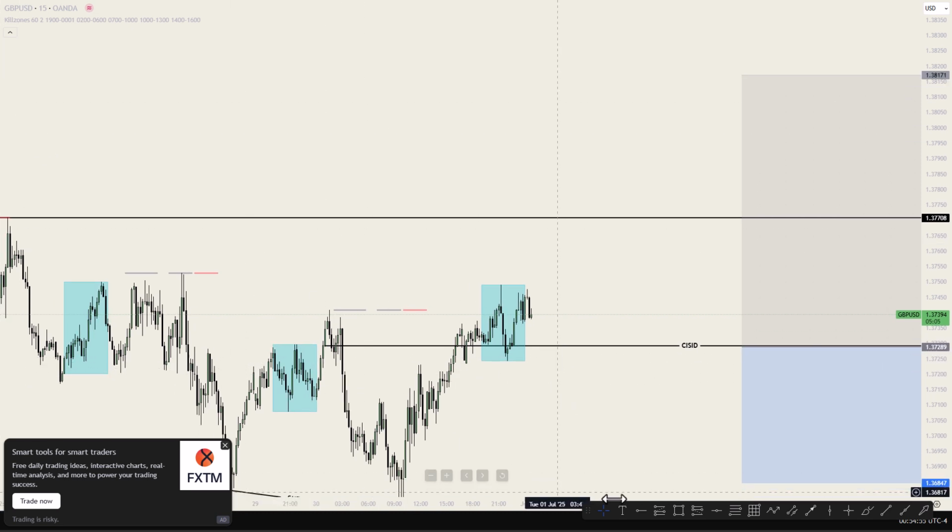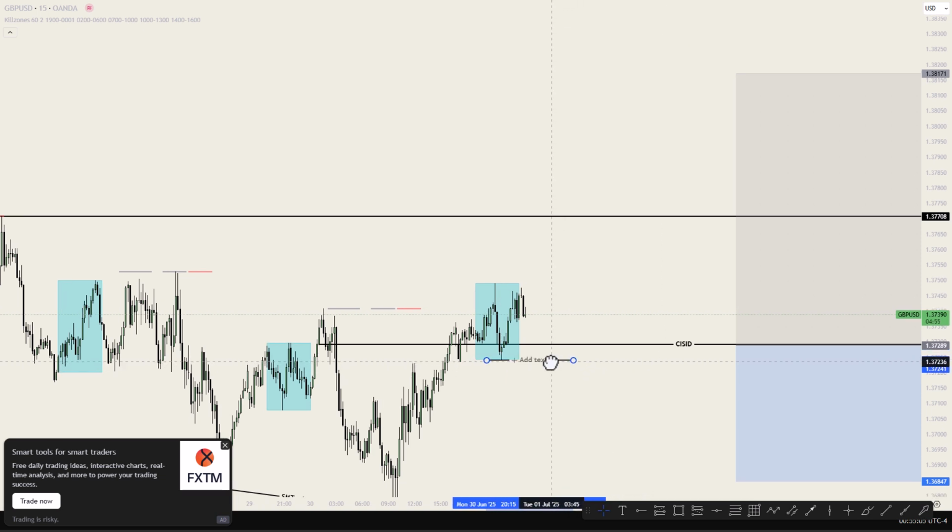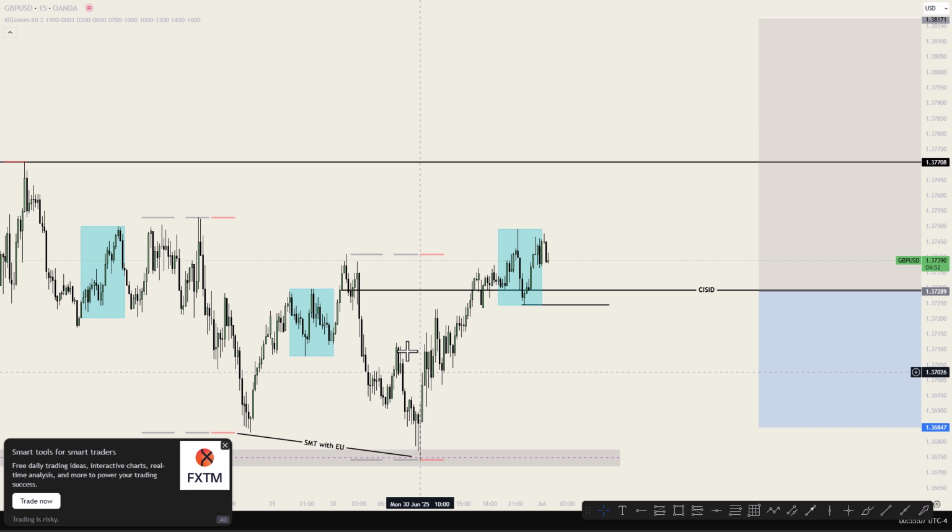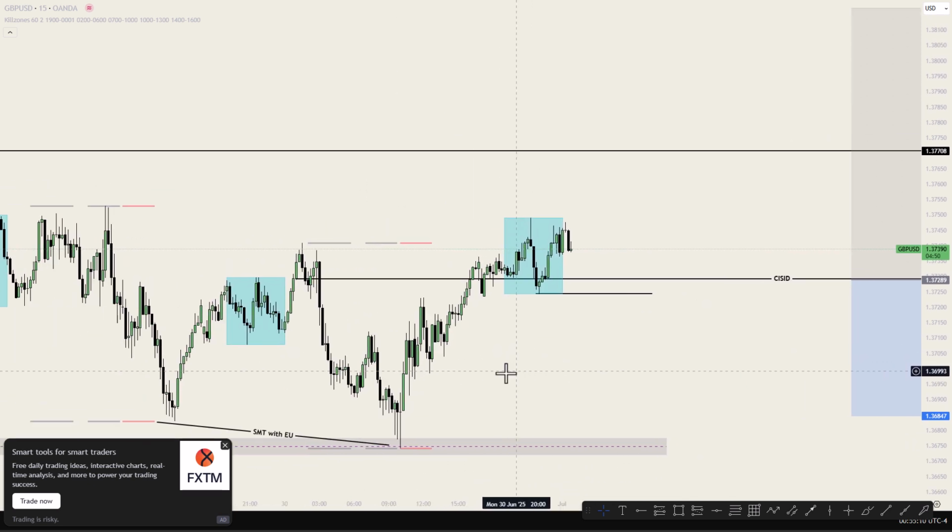But if price should give us power of 3, we should have price taking out this Asian low before we go bullish. So currently I'm buying this GU. Yesterday I placed my trade around this level because I scaled down my time frame using time frame alignment, and I had my entry at this level. So I'm buying at this level currently.